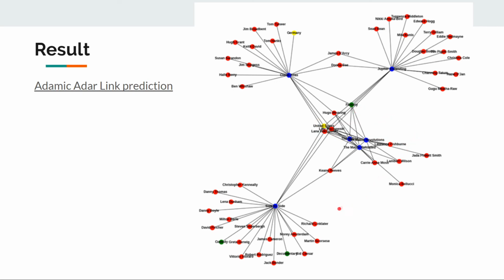On the other hand, the other movies that aren't sequels of the Matrix are further away. However, those movies still share some common neighbors with the Matrix movie, which is why they are shown in the graph: they have the highest scores apart from the Matrix sequels.